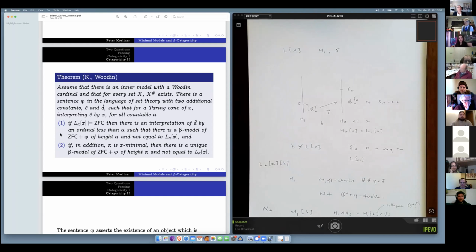Yeah, so his result shows that for each one. Ideally, what you would like is an analog of V equals L, right? In the sense that it's just the one sentence and it's uniform. If you're looking for something that's very similar to V equals L, then you want it to hold, assuming there's a proper class of worldly cardinals, all the way up.